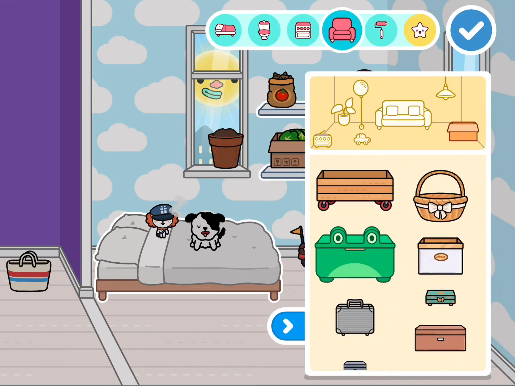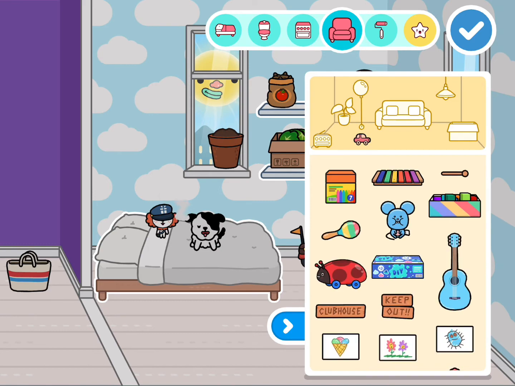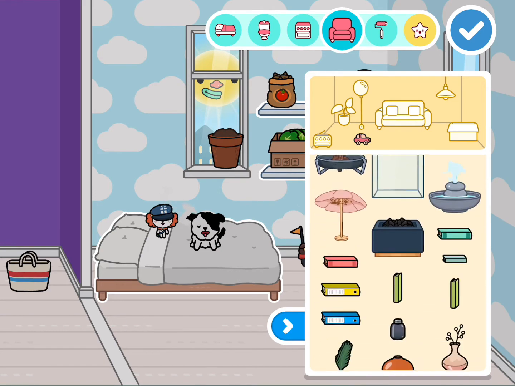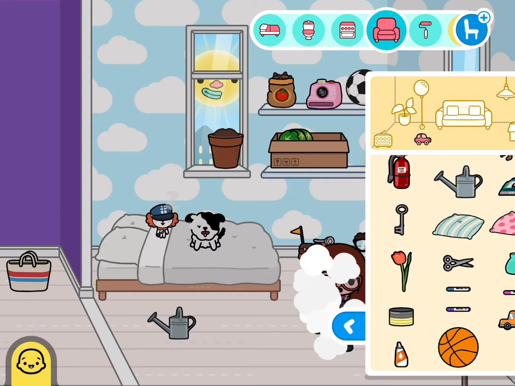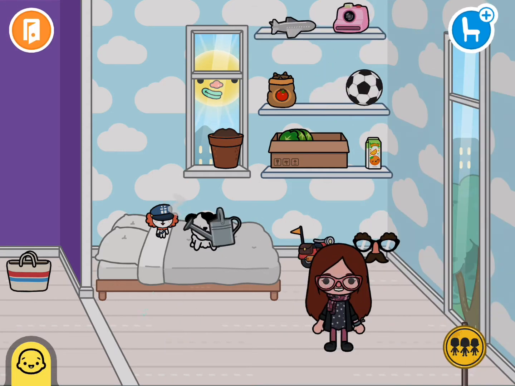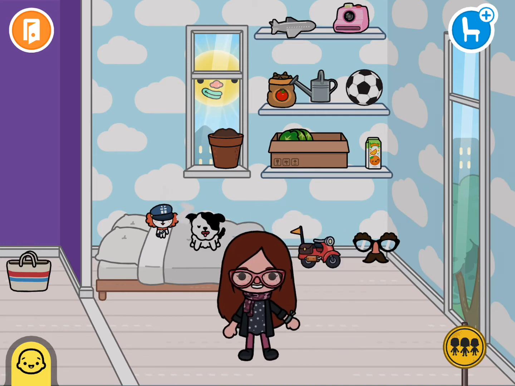And the last thing we need will be right where this car is, and you won't have to scroll through nearly as much because you're not going to spend an embarrassing amount of money that I've spent on this. And grab the watering can. Okay, let's see here. All right, and now we're ready to work on some irregular past tense verbs.